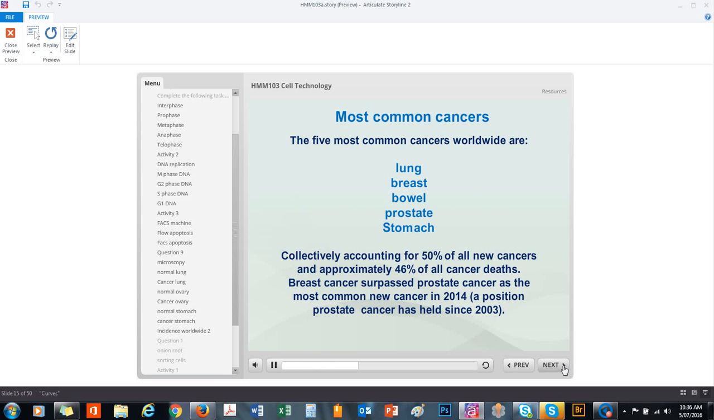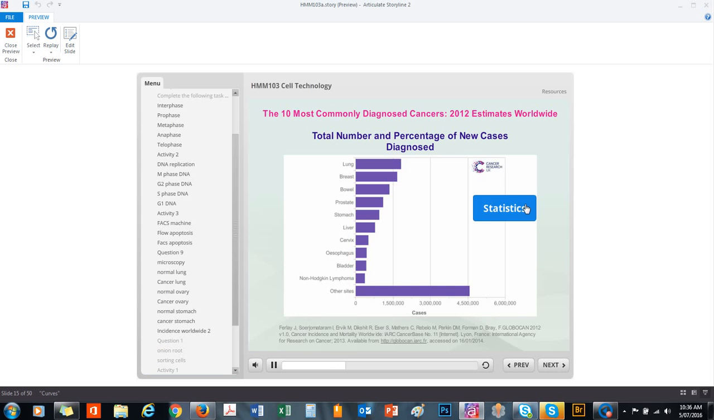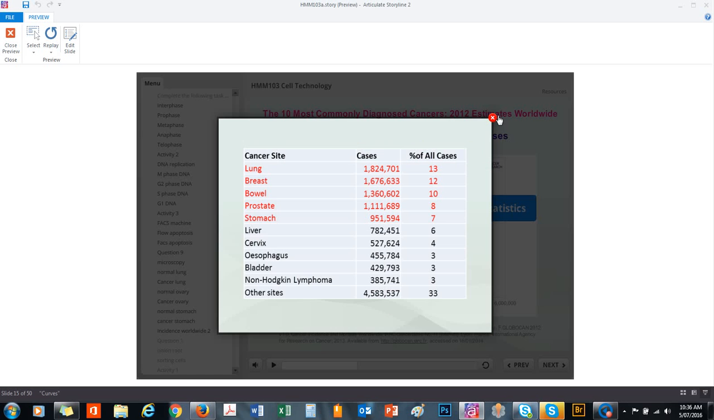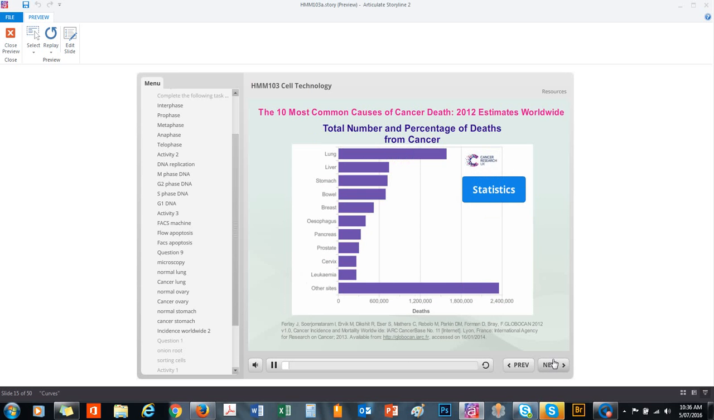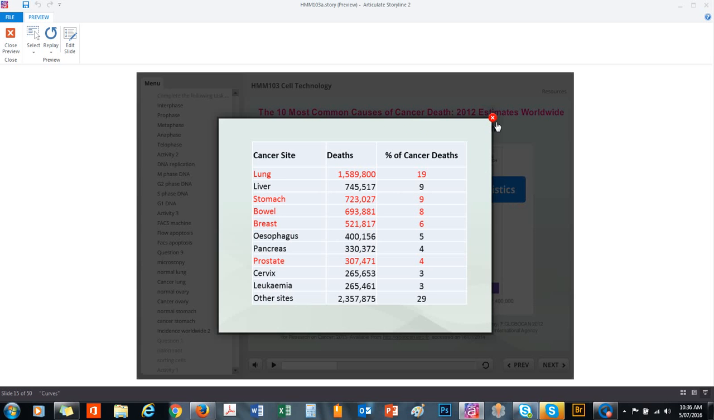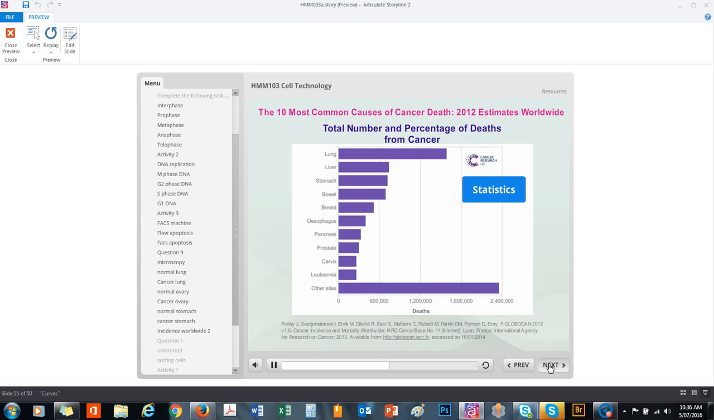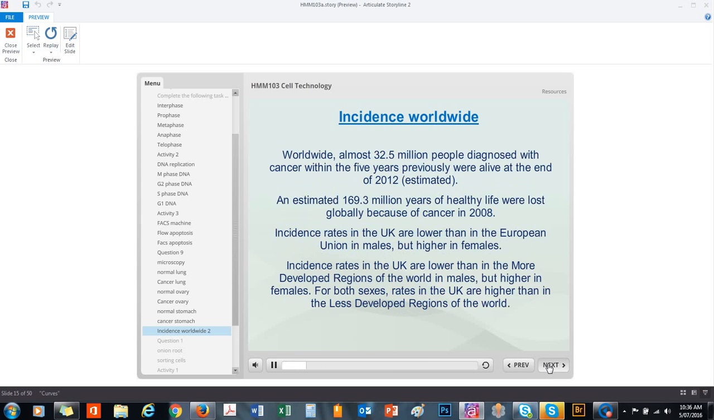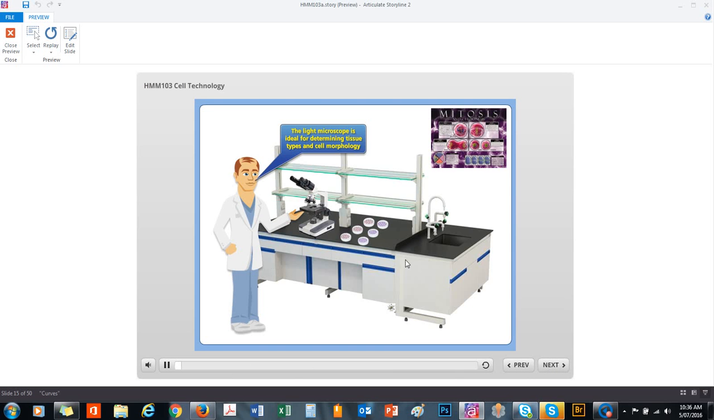Okay, we've got a bit of information here on cancer, showing statistics associated with the different cancers around the world. We work our way through these. Okay, that brings us up to this next slide here. This one actually has